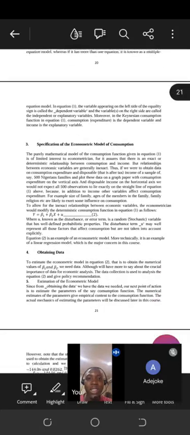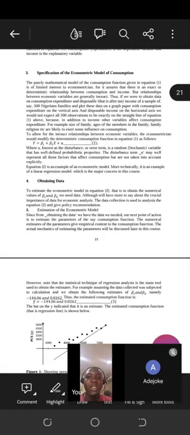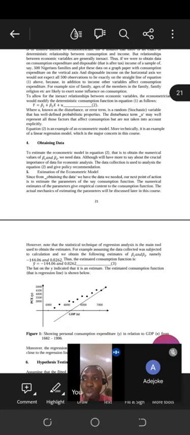When you are done with that, we go to number 3, which is the specification of econometric model. For the econometric model, you add u, small u or small e. The meaning of u is that it is called the error term. Now, the error term has a role, in the sense that by the time you run the regression, the result is not a perfect result. So everything that stops the result from being perfect is captured in that error term.